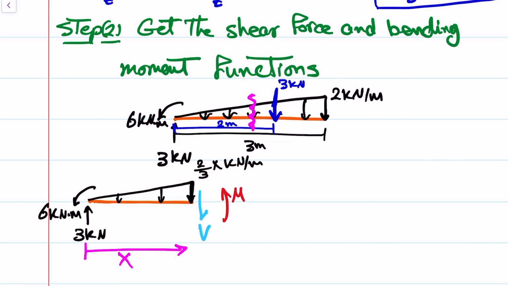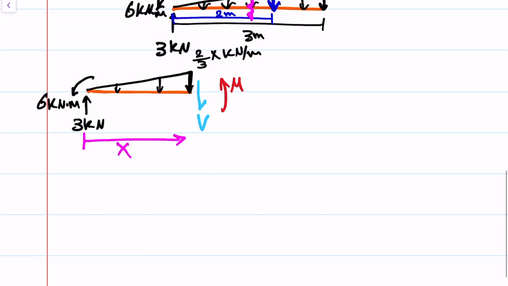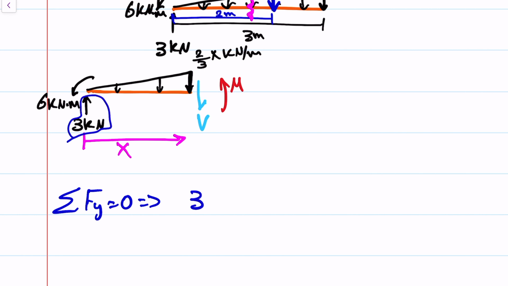And then solve the equation of equilibrium in the y direction. Summation Fy equals 0. That means the 3 kilonewton, this one is upward,